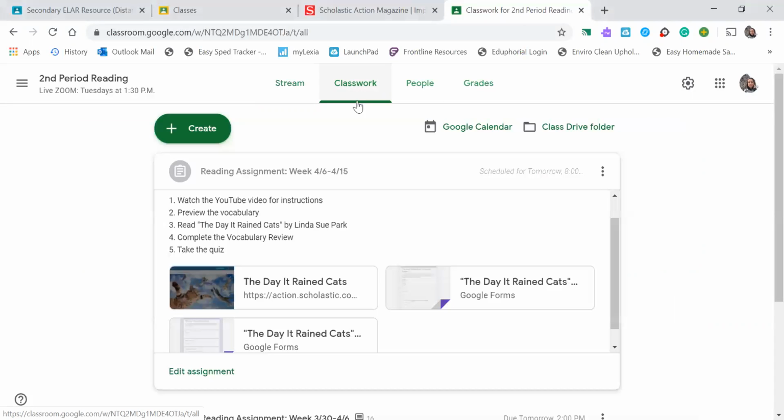So your lesson for this week is we're going to be reading an article called The Day It Rained Cats. The first step is to watch the YouTube video for instructions, and that's what you're doing now. The second step is to preview the vocabulary before reading the article. This step is important because you will have questions on the vocabulary. So what you're going to do is click into this icon that says The Day It Rained Cats,